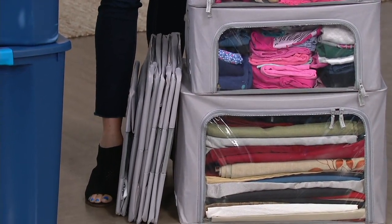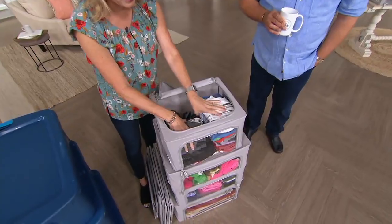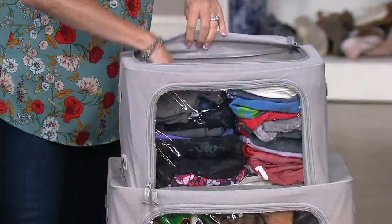I mean, look in here. This is just the small. I have 10 pairs of women's leggings. I have 12 t-shirts in here. There is still